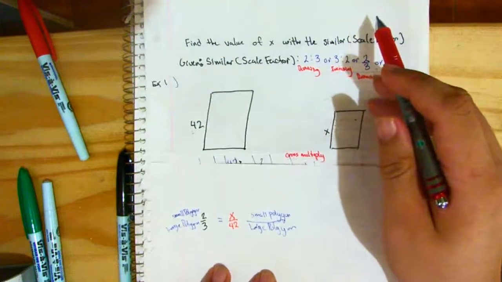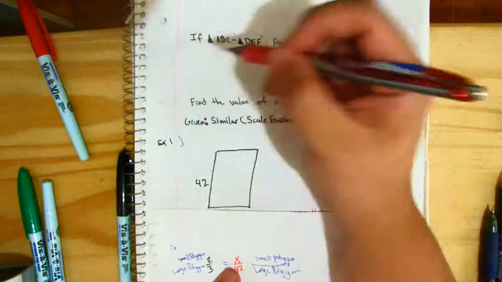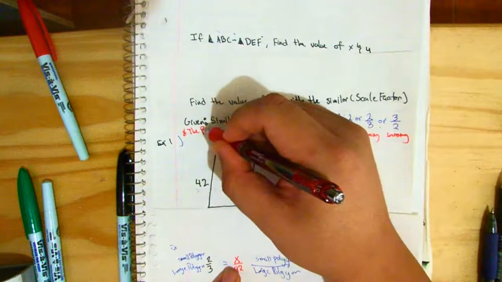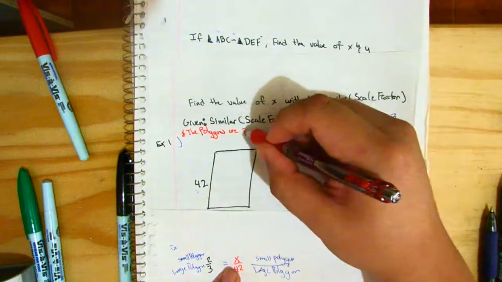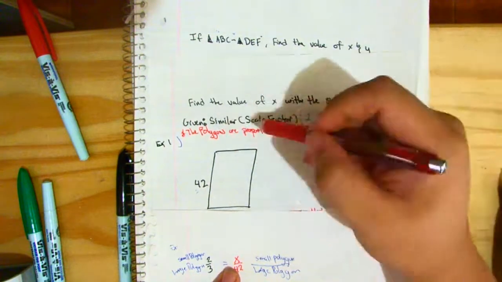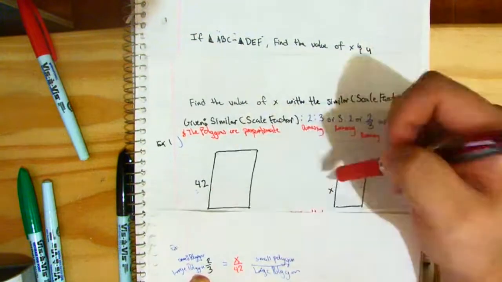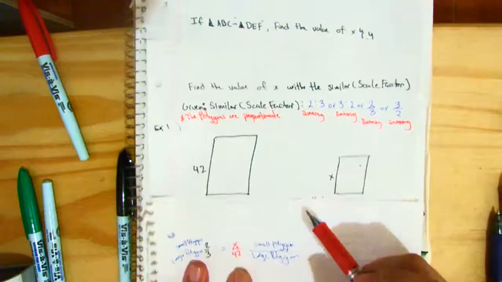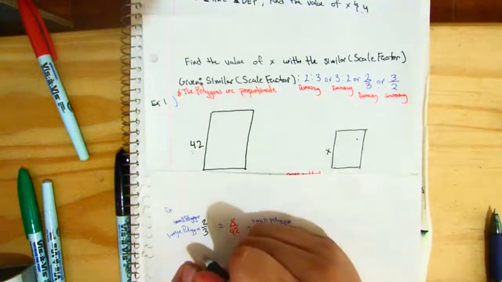Oh, I apologize, one more thing. That's another given here. I forgot to mention the polygons are already proportionate. Here it's telling us the polygons are already proportionate. So we're given the scale factor, and we're trying to find the value of x and 42. So here, how we're going to find it is we're going to be using